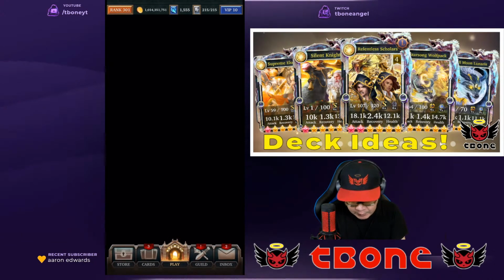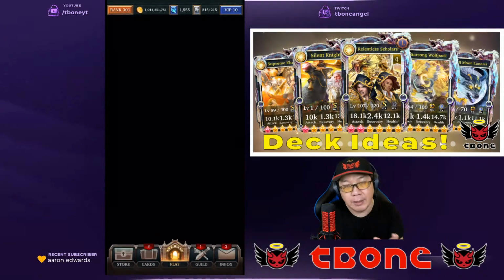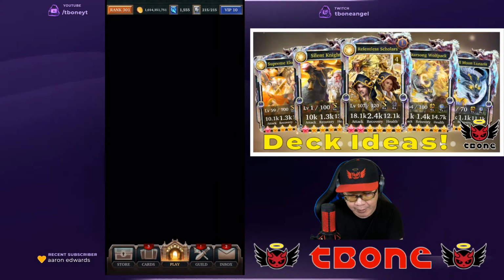And in fact, I do have a boss right here. Let's see if this is... Unfortunately, Sphere. What I don't like is this. So this deck wouldn't work well against Sphere because you have Power Gem Silence, you have...